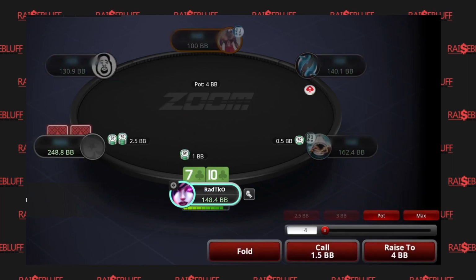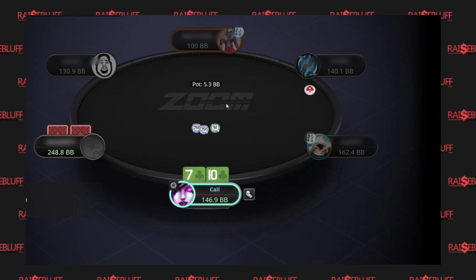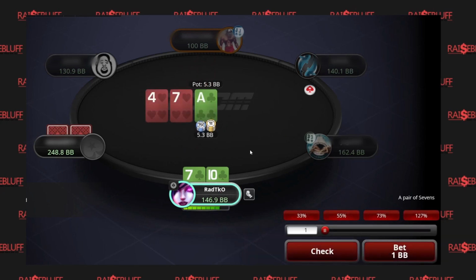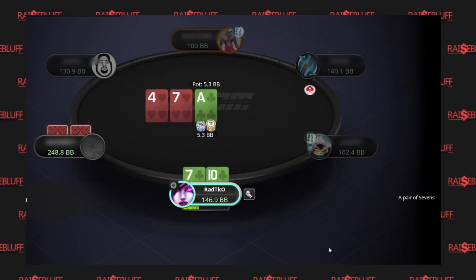So yeah guys, basically this is what you will be doing from the beginning if you haven't been marking players until now. I really strongly recommend to mark the players, and if you haven't been doing this, just start doing it, and it will really help your win rate, and you will just basically move forward. And as I mentioned, the best thing is that it's a free tool for you.